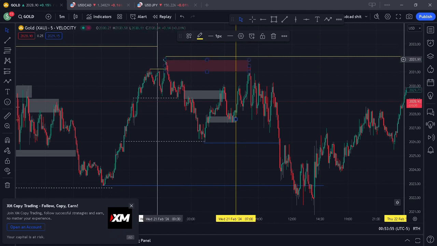Once you've done that, you want to highlight the London session high, draw it out to the future, highlight the London session low and draw it out to the future. And you want to highlight any fair value gaps or breakers that stick out to you, because why? Price is going to use these points to either swing higher or swing lower, and this helps us find setups